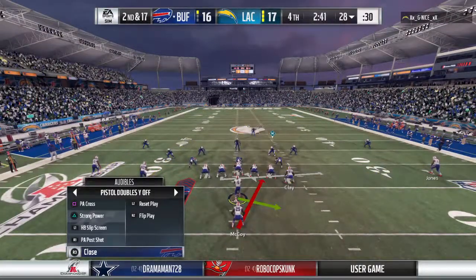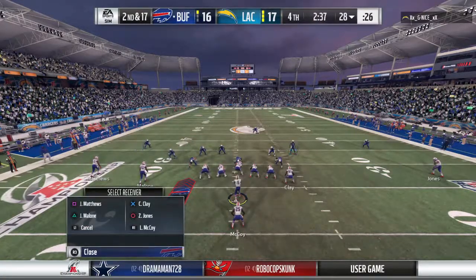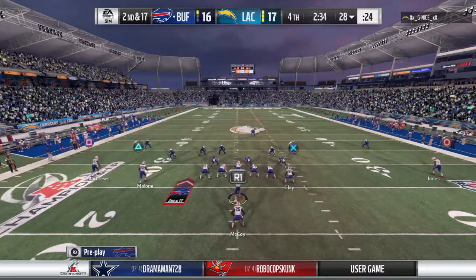Ohio. Come on, let's go. What? None. Flex round. Flex. Ohio. Flex